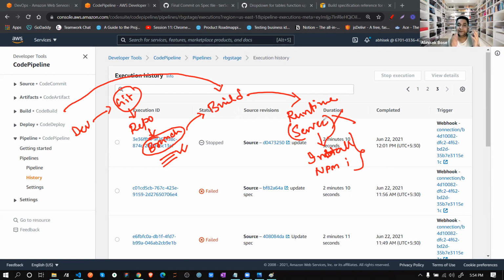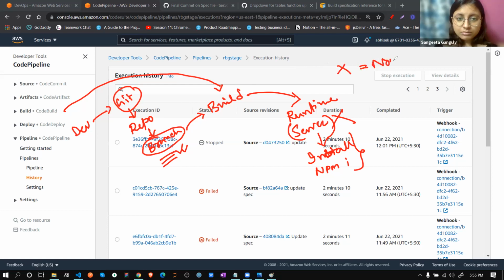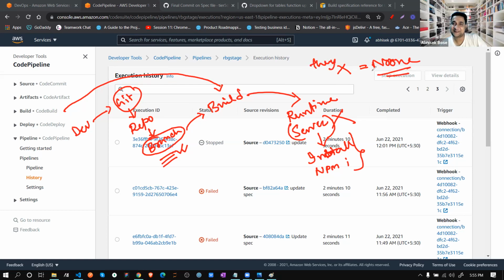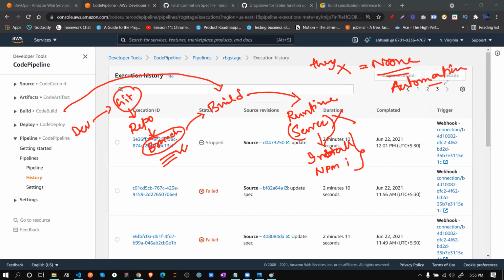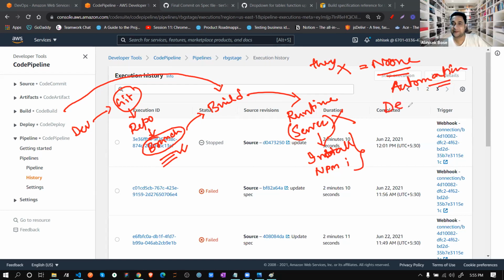That's why you are creating buildspec.yml. Because, as you said, they build the server every time. So who are the DevOps people working on it? They are basically X. X means there is nothing, no one, because you are creating an automation. You are reducing the manpower. That's why you are building DevOps. So there is no one.